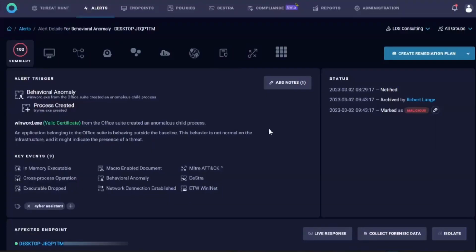This alert is useful because it clarifies the behavioral approach and gives an idea of what happens in real life. As you can see, the name of this alert is behavioral anomaly. The behavioral anomaly that we observed there is winword.exe, so the real Winword, the Office application that we use daily for writing documents and so on, spawned an additional process, a child process called TryMe. And if you think about it,